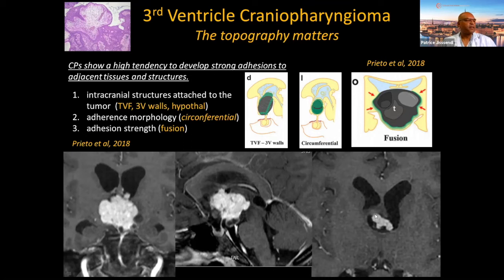So in sum, the third ventricle craniopharyngioma is a rare entity that should be recognized since it shows the typical features of suprasellar craniopharyngiomas, but is different in location and extension. Then, if you have stayed alert all the presentation long, you can get the final quiz. Please, Jean-Baptiste, can you launch it?